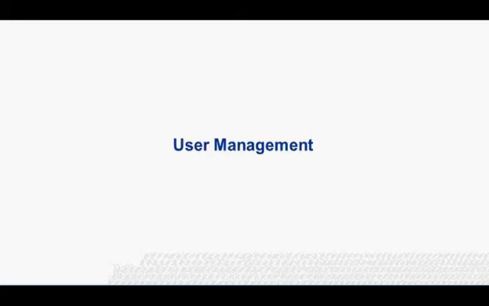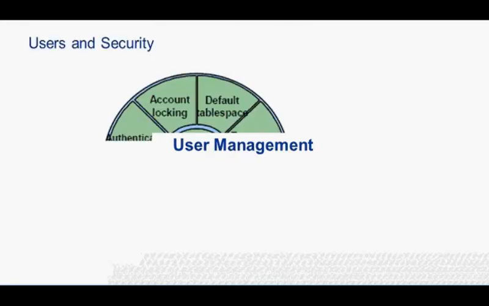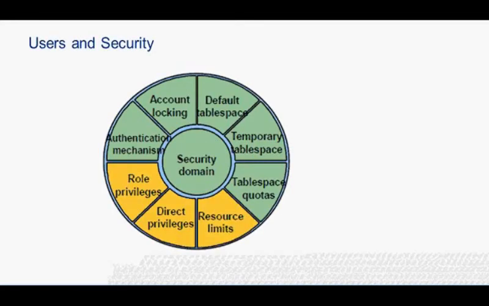Next is user management. The database administrator defines the names of the users allowed to access a database. A security domain defines the settings that apply to the user. Authentication mechanism: a user who needs access to the database can be authenticated by one of the following: data dictionary, operating system, or network authentication. The means of authentication is specified at the time the user is defined in the database and can be altered later. This session covers authentication by database and by operating system only.